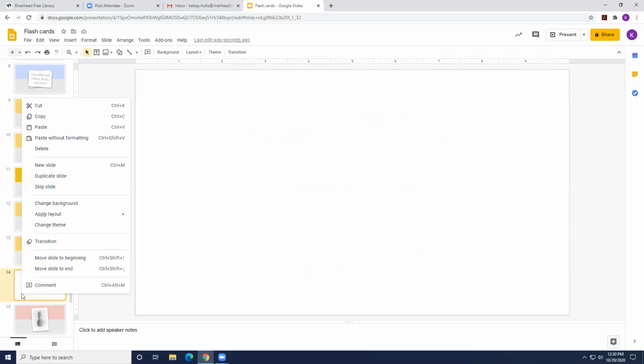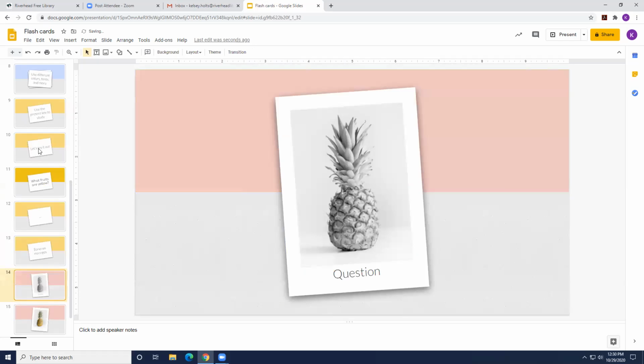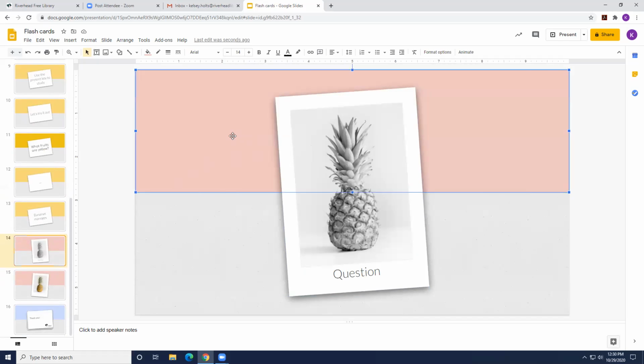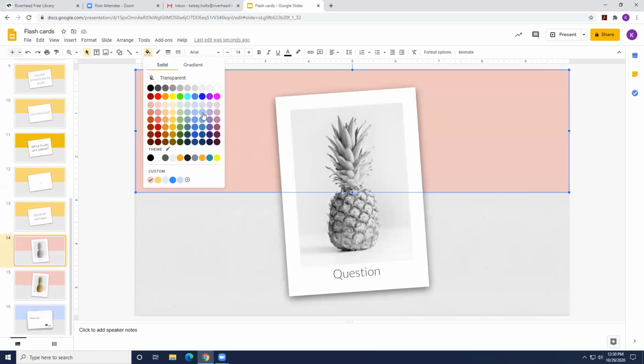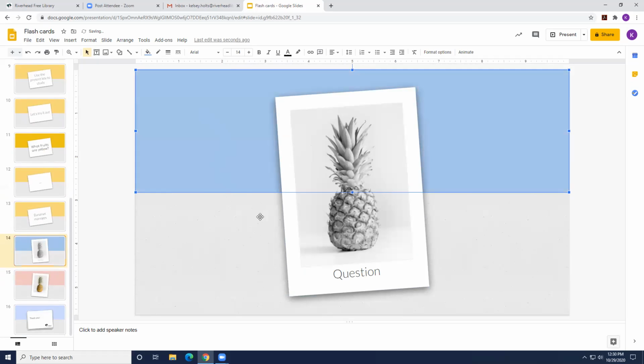So I'm going to delete this slide here. I'm going to go to our next question. So again, our question is here. We have an image, question, and the background is pink. So let's change the background first. Maybe let's do some blue. And let's see if we want to